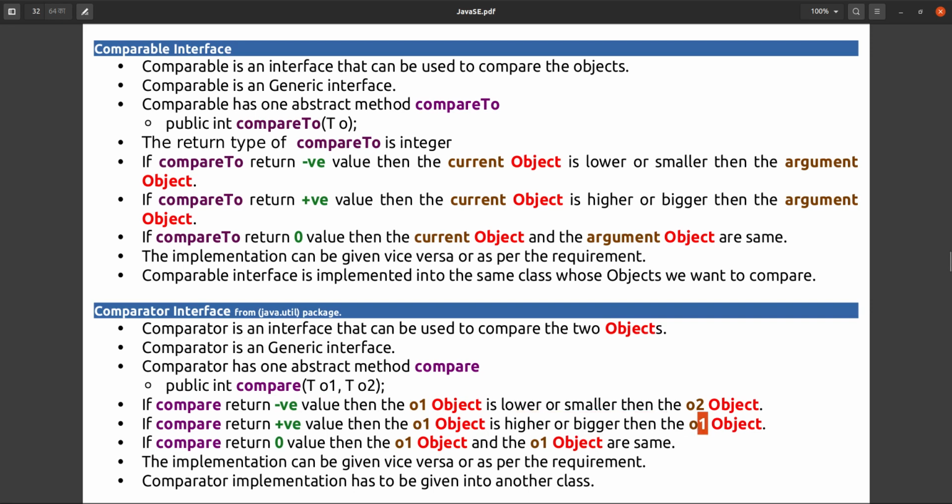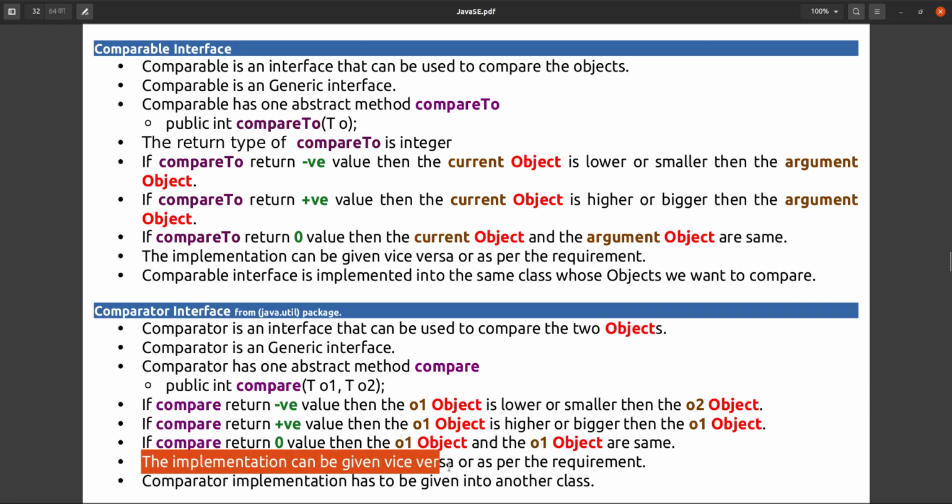Sorry, it should be 2, it's a copy-paste mistake. And if the compare method returns 0, then object 1 and object 2 are the same.